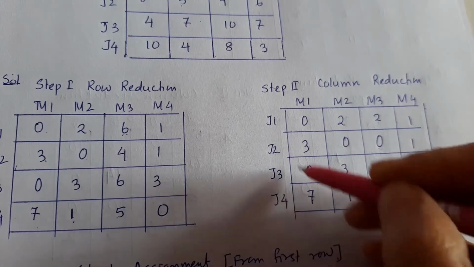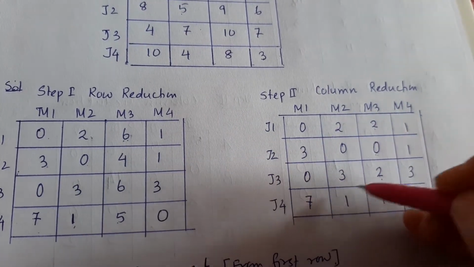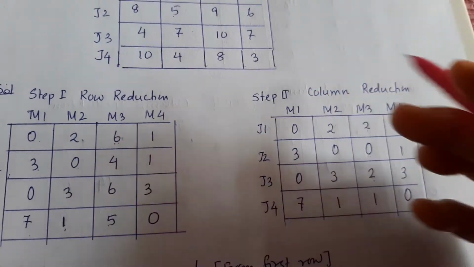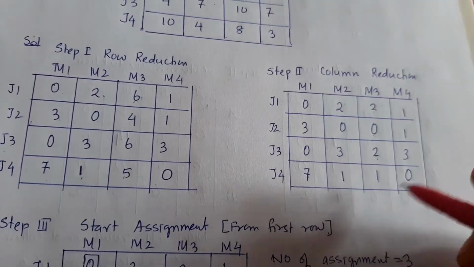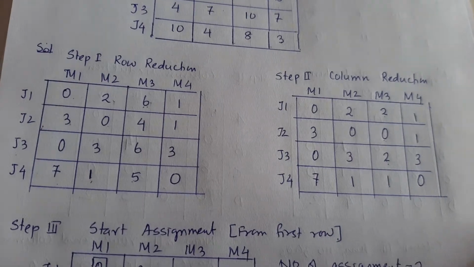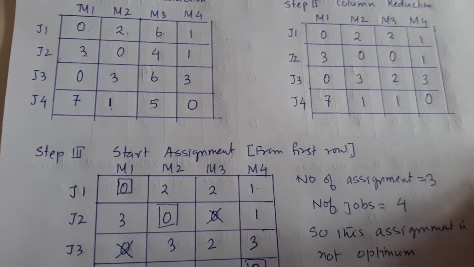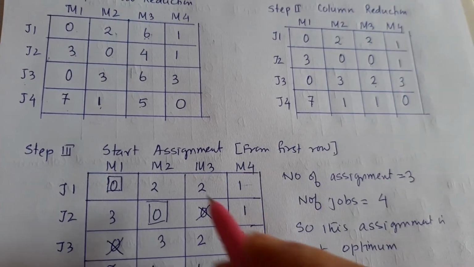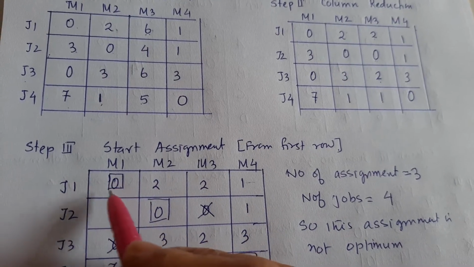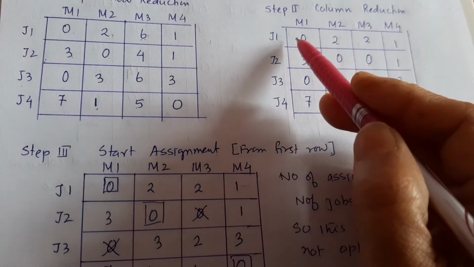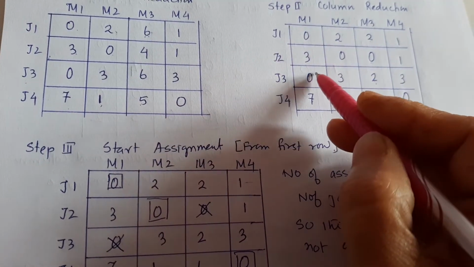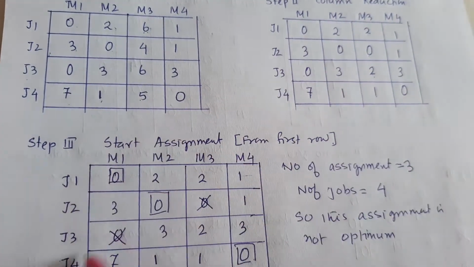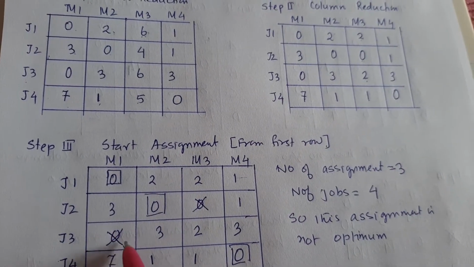So this is the matrix we are going to work on till we get the optimal solution, and then we'll look into the original problem. The next step is the assignment of jobs to machines. How do we do the assignment? We look into each row. If there is only one 0, you box that 0. In this row there is only one 0, so I am boxing it, and as soon as I box that 0, the other element in the column has to be crossed off.